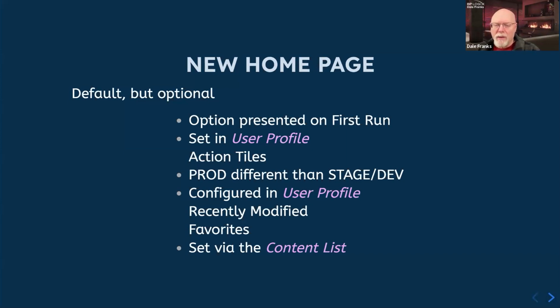So for your end users, things are going to be a little bit different. Generally, end users don't have access to the content list, so they certainly wouldn't see that. They won't see the new home page because they are given their own UI based on the workspaces that you create for them. And even the menus that appear, they'll certainly not see all of them. In fact, they may not see any menus at all, depending on the user interface that you create for them, although if a user is a member of more than one workspace, they will see the workspaces menu, so they will at least get that. So they'll be able to choose whatever workspace they want to see and work in while they're in Process Director.